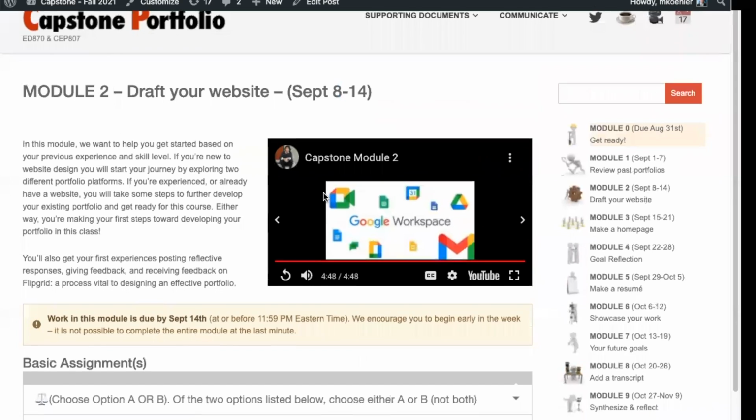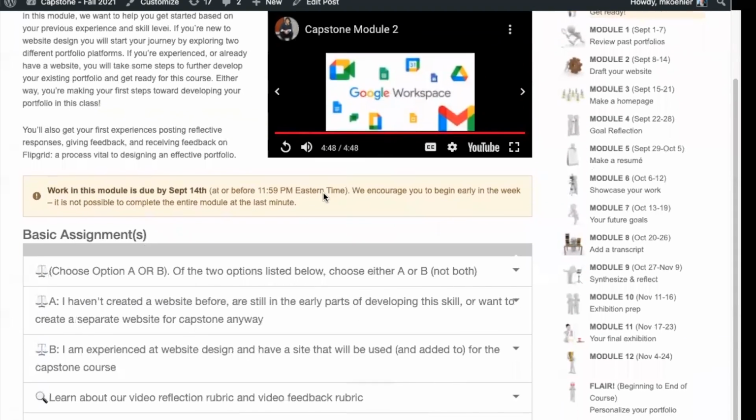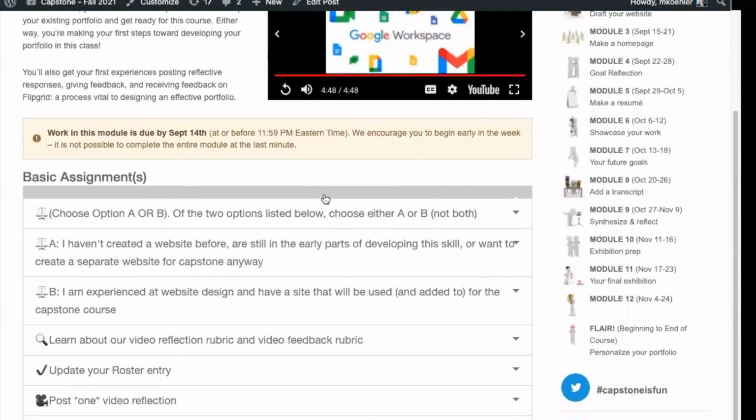Like every module, you'll go to the Module 2 page on the course website. And in this module, you have a choice based upon how experienced you are with web design. So option A or option B. Option A is for people who don't have a website already, or for people who have decided they want to have a new website for this class. So whether you're new and don't have a site or you want to have a new site,